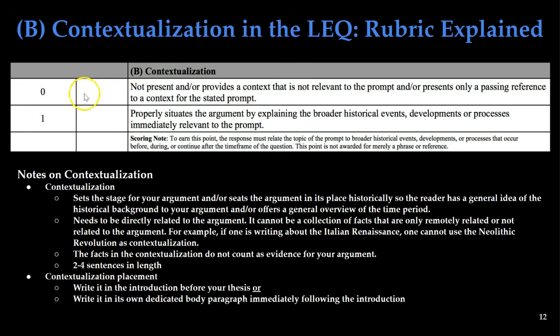So read through what the College Board states is an acceptable contextualization. So really what you have to do is you got to figure out the preceding historical events that affect whatever you're writing about. And kind of the trick here is you got to name something. You got to name a specific fact. Name a historical event. Name a person and what they did. If you do that with specific evidence, you're much more likely to get the contextualization point than something that's too